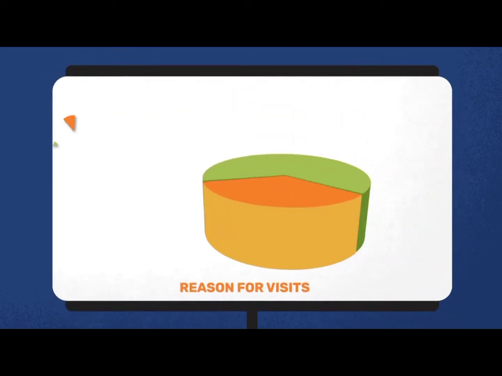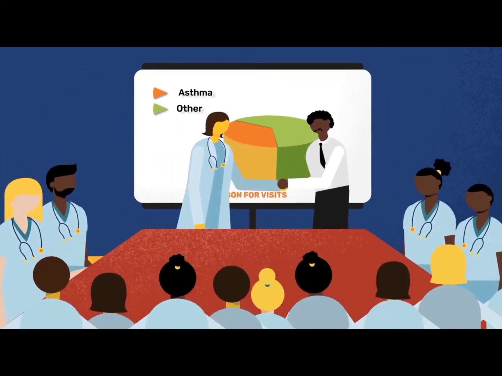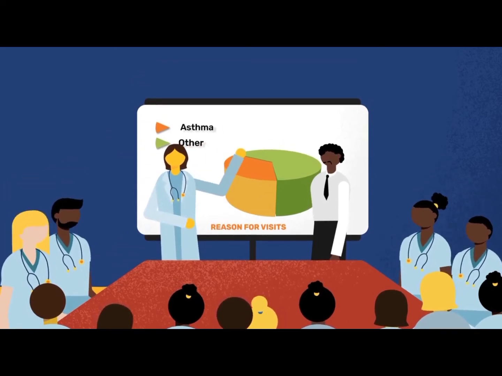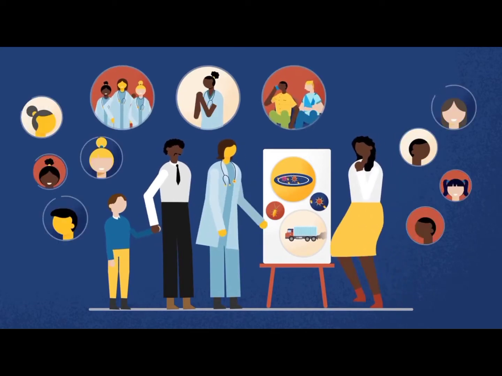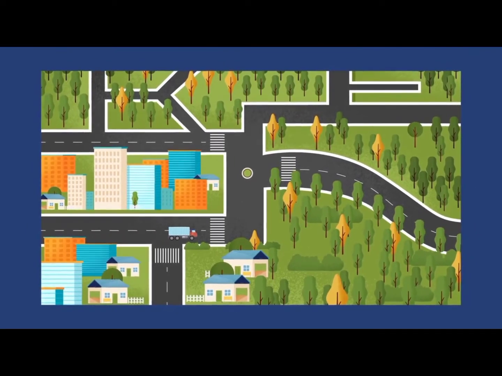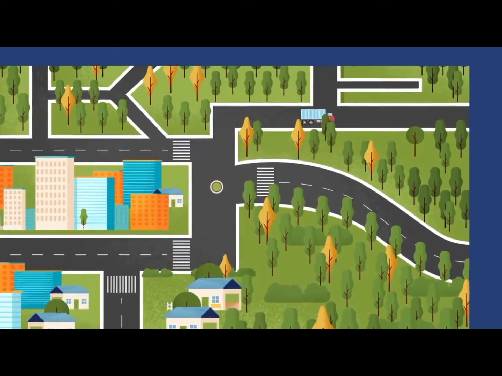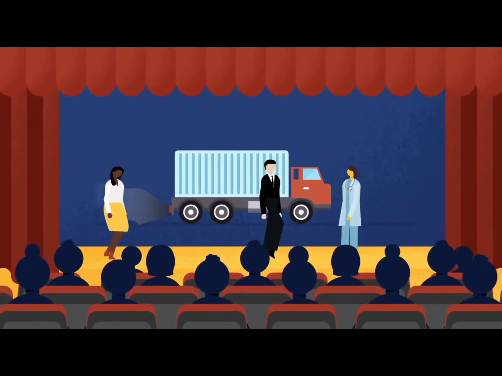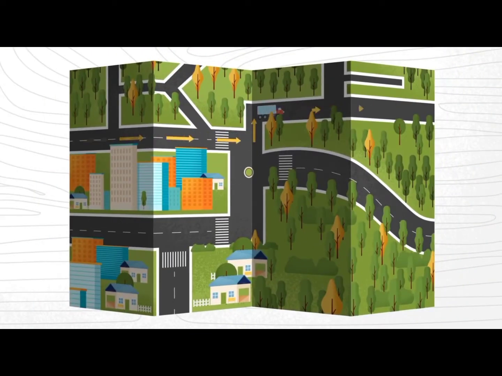Wanting to eliminate these community conditions, Dr. Lau set up a meeting with the head of the clinic and the community affairs liaison, Malcolm, to share what she had learned about her patients' challenges. Then Dr. Lau and Malcolm met with clinic staff, patients, and their parents, and a local environmental justice group. The outcome? They decided to launch a community campaign to move the trucking route away from the residential part of the community. They met with local policymakers and business leaders, and their efforts brought about change. The truck route was deviated away from the community.